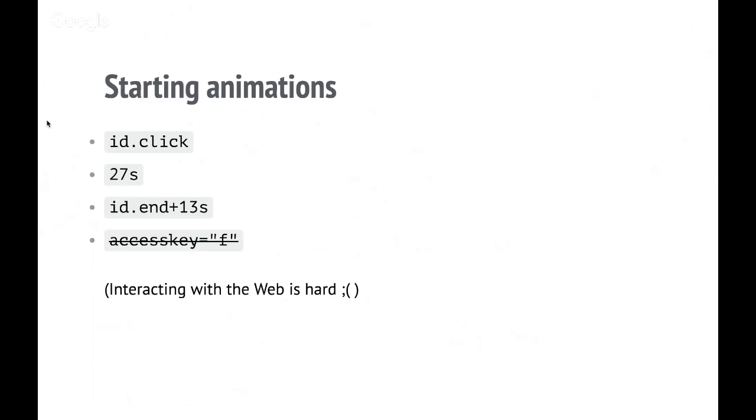There was in SVG an attribute called access key, which was meant to let you specify a key that someone could press, and that would start an animation. As with the current approach of using JavaScript to trap keyboard events, this is problematic for lots of reasons. Plus, it doesn't work because it conflicts with the HTML access key attribute. And anyway, interacting with the web is hard, particularly for keyboard users. If you go to the next slide,